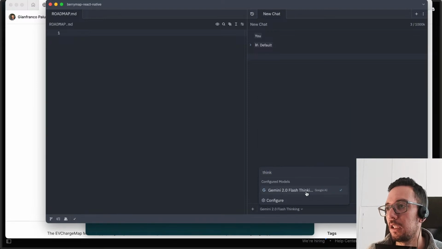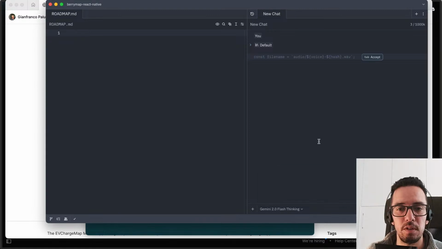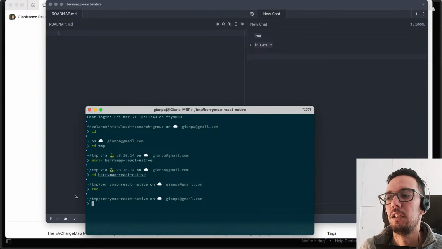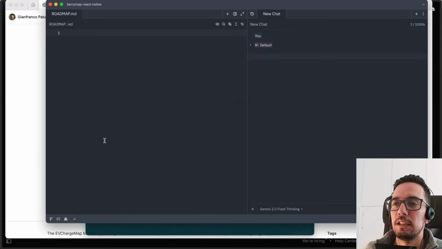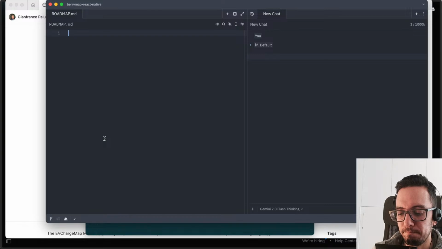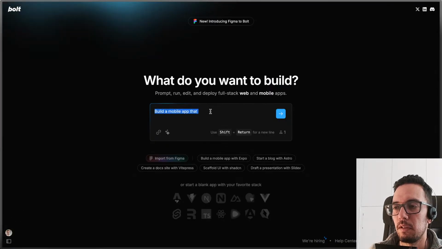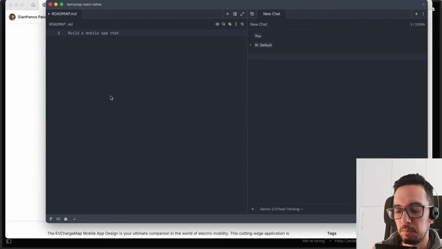There's Flash Thinking from Google. You can just put the API key and you say the same thing that you normally ask these thinking models. But what did it start with? Just so I can start with the same text. Build a mobile app that, maybe a roadmap is better. Roadmap